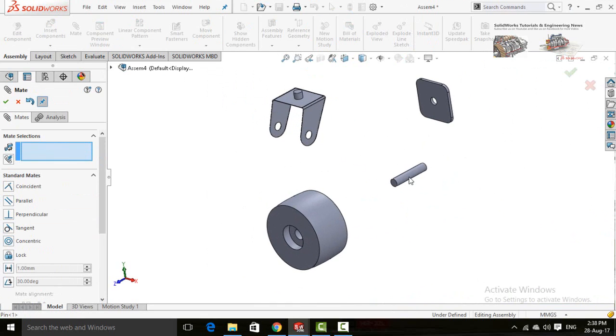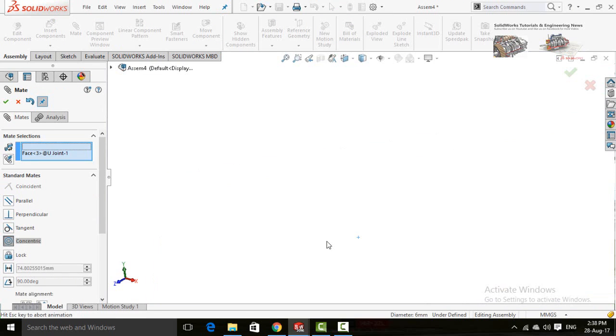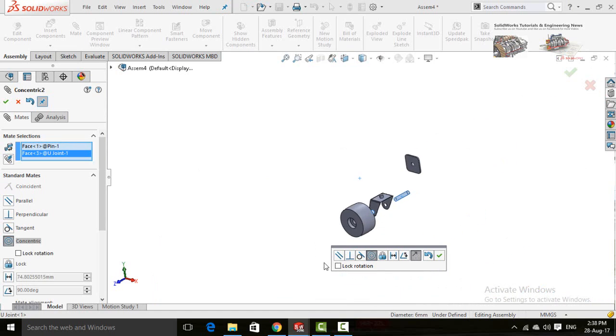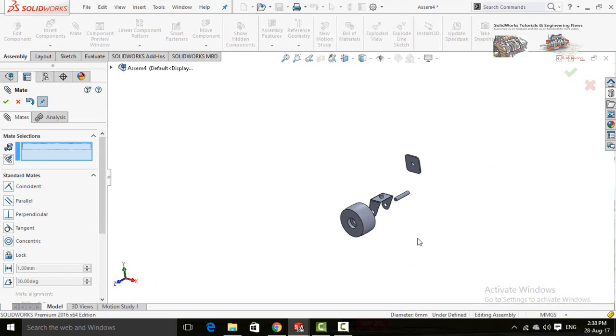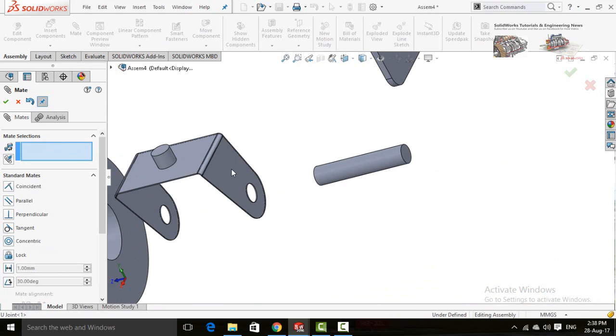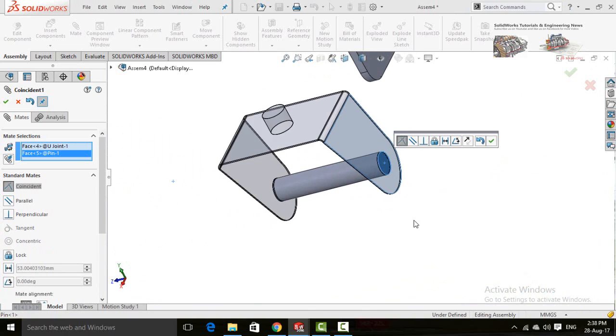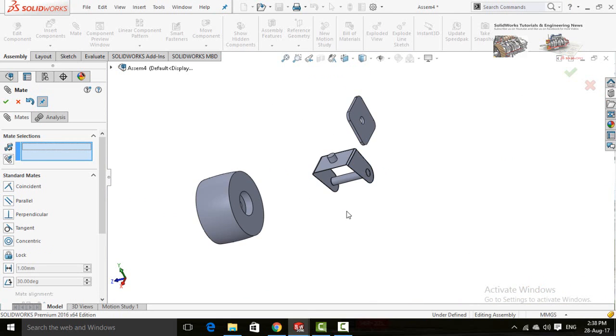Now again click on the cylindrical face of pin and then the cylindrical bore of this part. This time you have to lock the rotation. So press OK button. Now click on this face and then on this face. Press OK button.